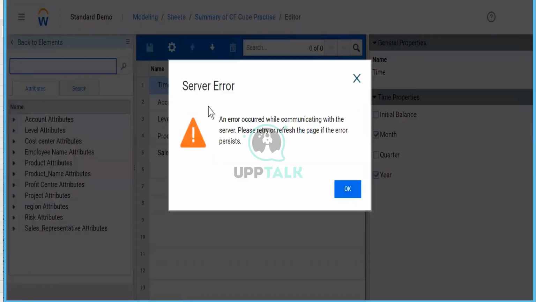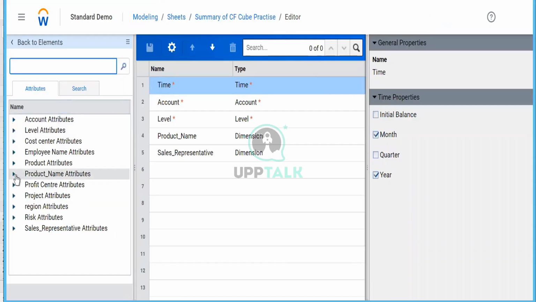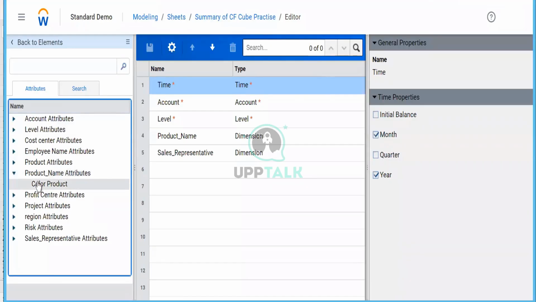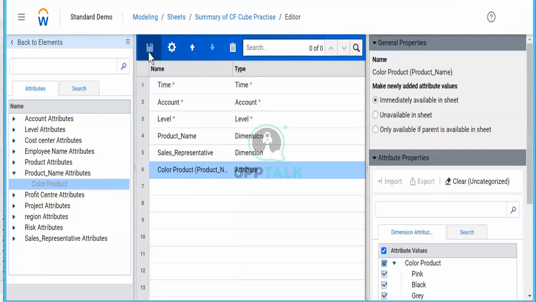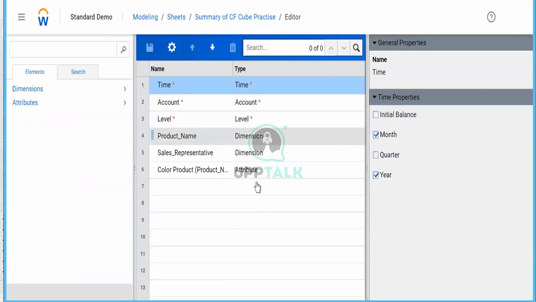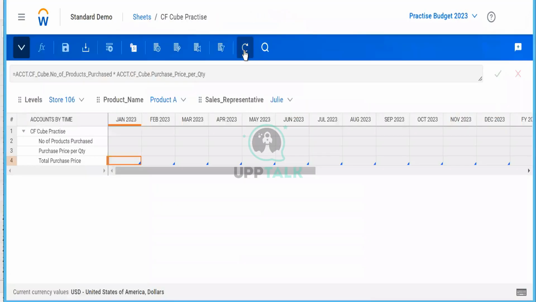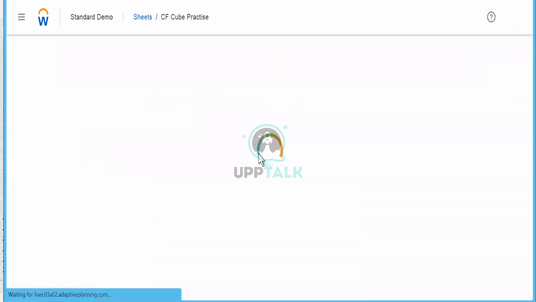I think product name, this color product. You add the color product here and just save it. That means from the sheet itself or in the report, you can understand which color products you sold more. That's the understanding and the difference between a standard sheet and a cube sheet.